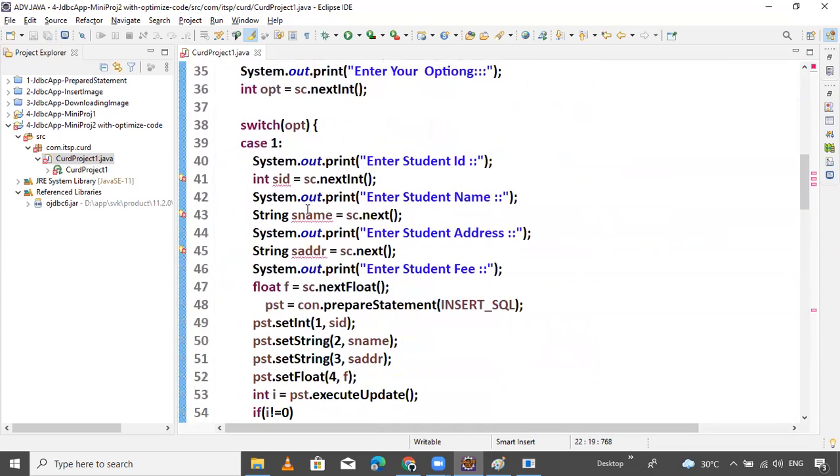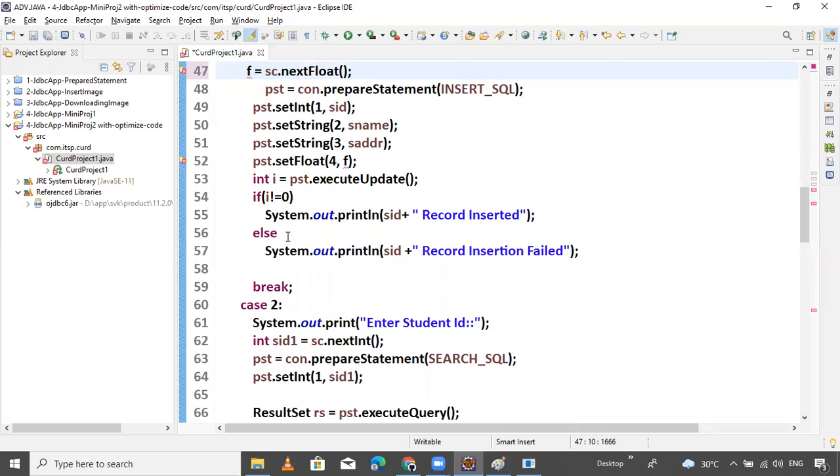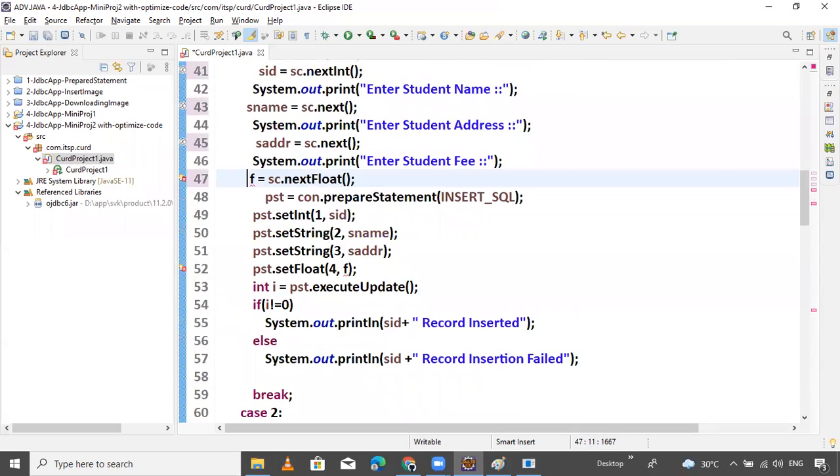Okay, so now remove this SID, SName, SAddr, not required. Again not required, not required. Remove it. Remove the float. Remove it. Here is int. One I variable declared globally. First, I will show you the variables.